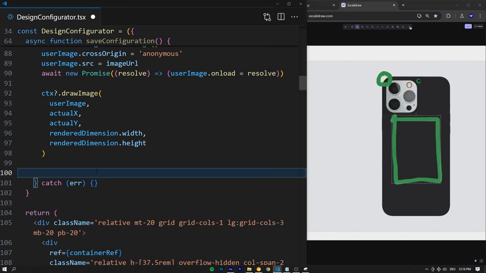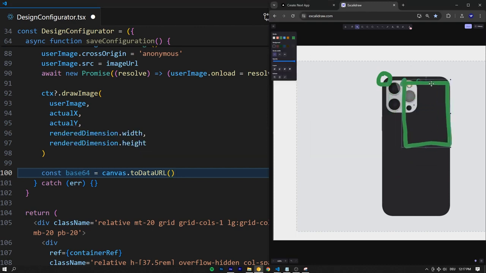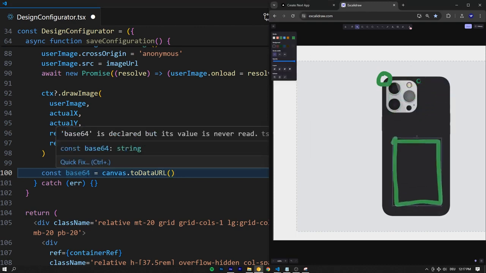That's an HTML element. We need to convert it first. And in order to do that, let's say const base64, which is the format we're going to convert this canvas to, is going to be equal to the canvas dot, and there's a really useful function that's exactly for exporting canvases as base64, and that is the toDataURL function we can simply call on this canvas. That's going to give us back a really long string containing the image data of the canvas